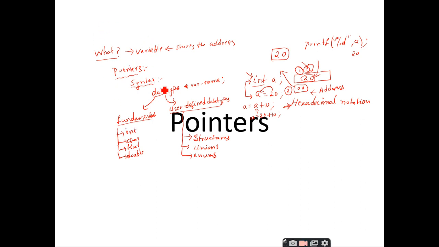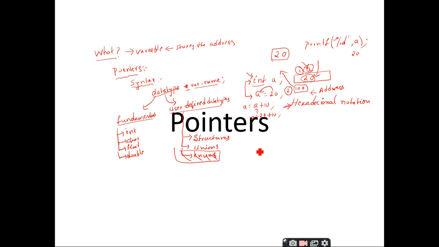So this data type can be either an integer, a character, float, or double, or similarly a structure, union, or enum, right? I don't think that enums are used in this particular concept. Then it is followed by a star operator, and then you can give the variable name by following the rules for identifiers in the C programming language.